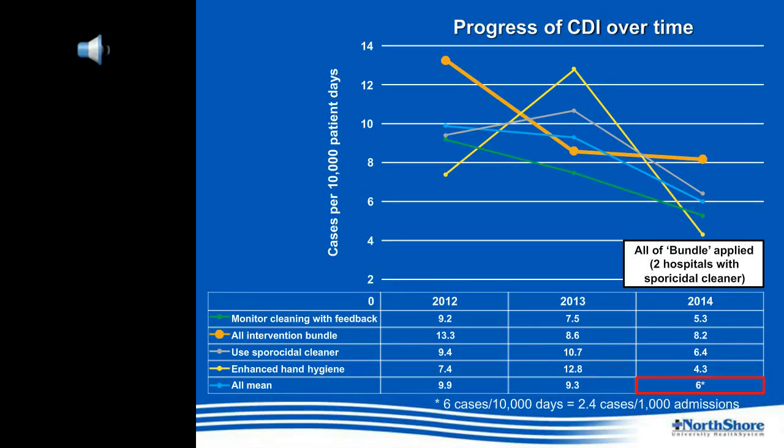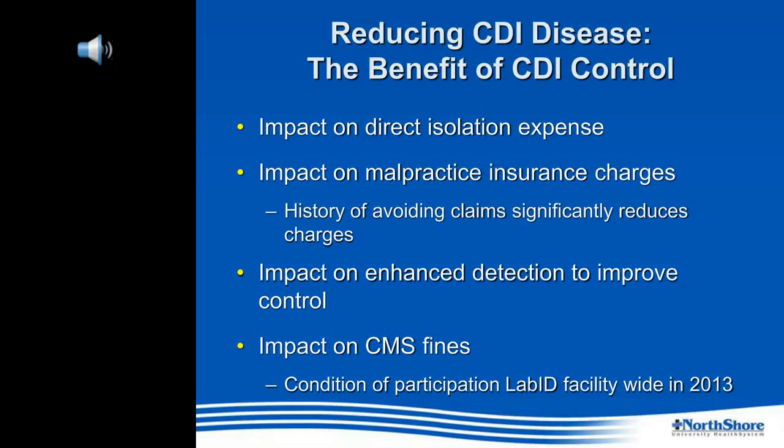And this is just a graph of this. And if you look at the curves, the two curves where we were doing all interventions and where we were monitoring cleaning with environmental services and using glow germ on the wall, and then re-cleaning the room if it wasn't satisfactorily clean. Those two interventions both reduced disease, whereas enhancing hand hygiene and changing to a sporicidal cleaner did not. So the takeaway from this is to make sure that you decide what intervention you want to do and then monitor the outcome, and then change what you're doing if you're not having the desired impact.